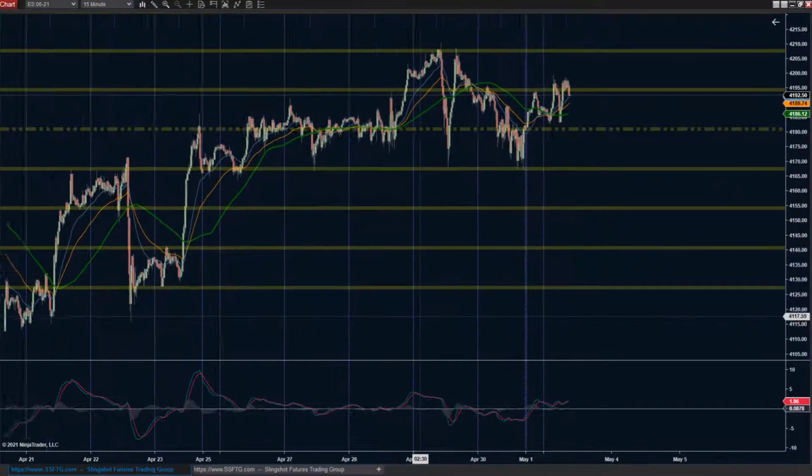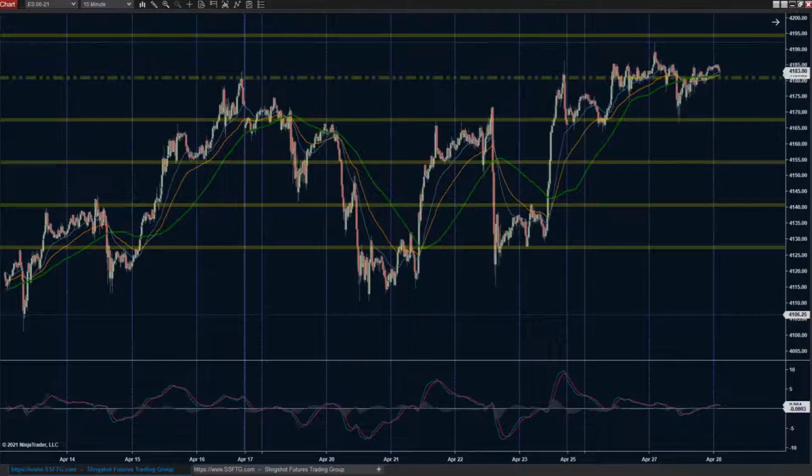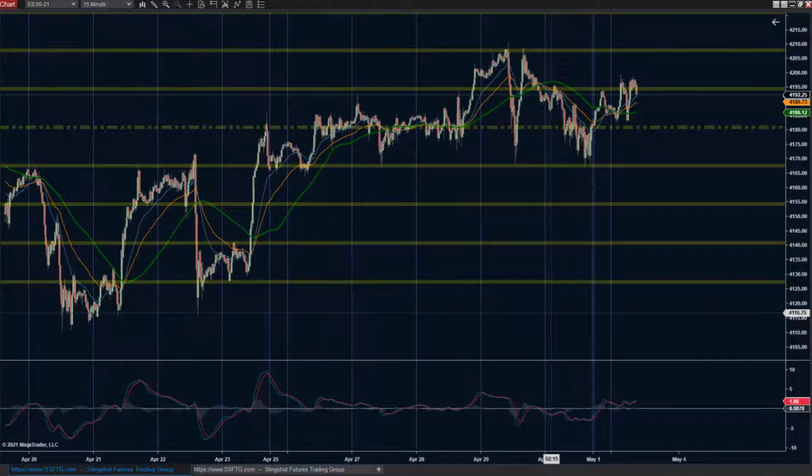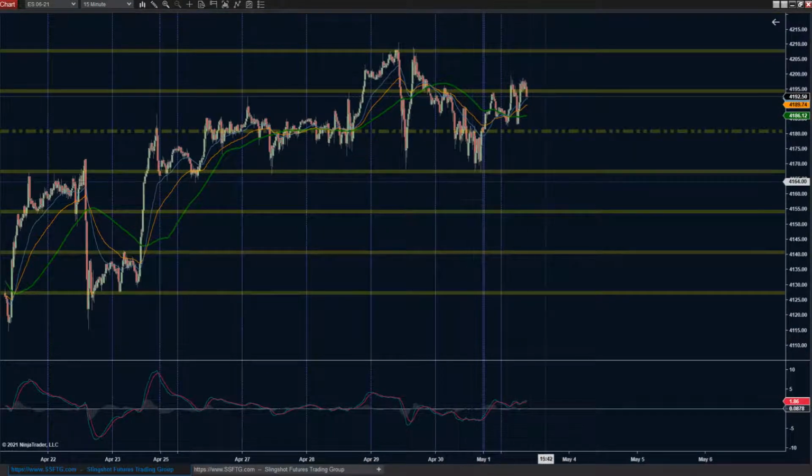Over on the S&P, continuing its way to the upside, but here, just like the NASDAQ, very sideways. The S&P does have the emphasis to the upside comparative to the NASDAQ in that it's been way more aggressively bullish, but still sideways at the moment, chopping around, and seems like they're just trying to find some value here.